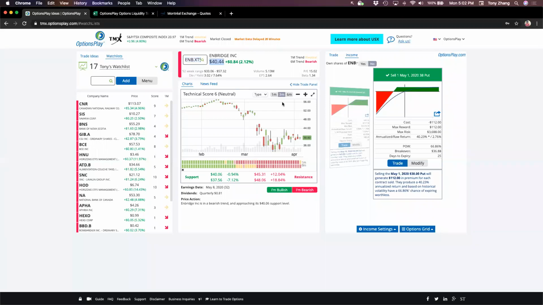So for Enbridge, which is trading at $40.5, we're telling you to sell the May 1st $38 puts. Now that $38 put will generate $112 in income. So think about this. If you were to buy 100 shares of a stock at $38, you would need $3,800 in your account to purchase 100 shares of that stock. When you sell a put option, you don't need $3,800. You only need $3,688, which reflects the $112 in income that you receive, which equates to a